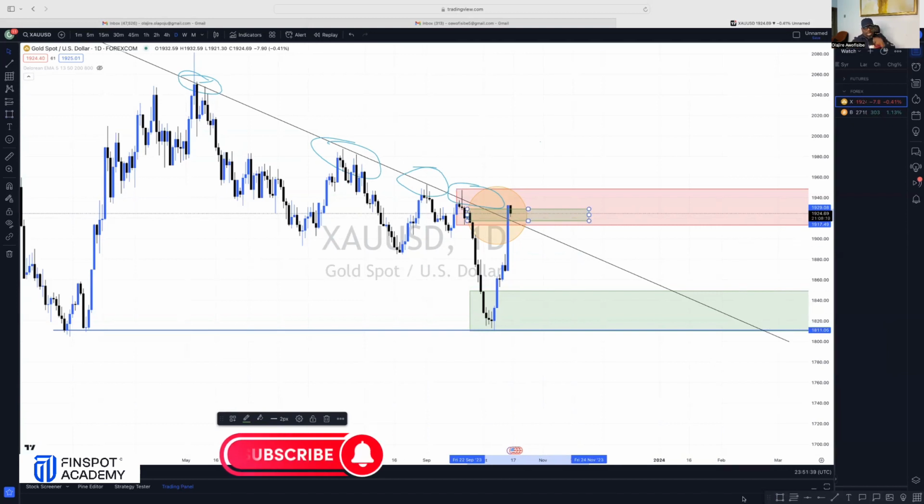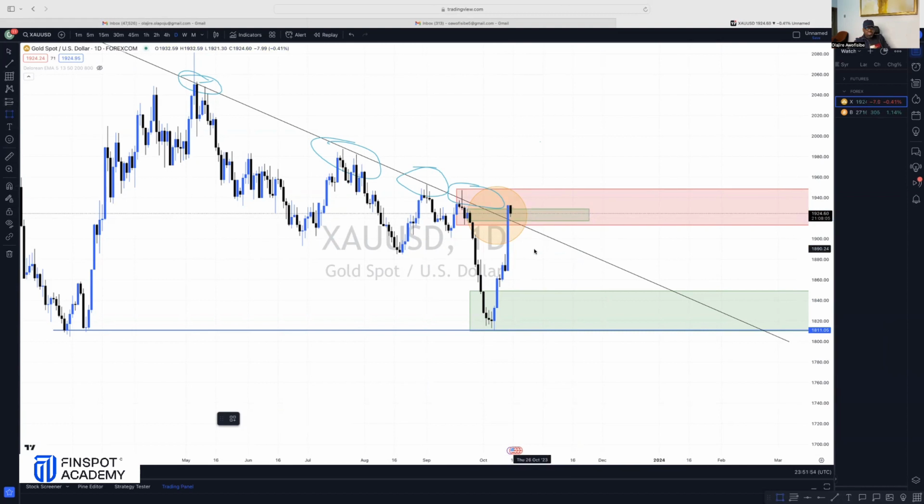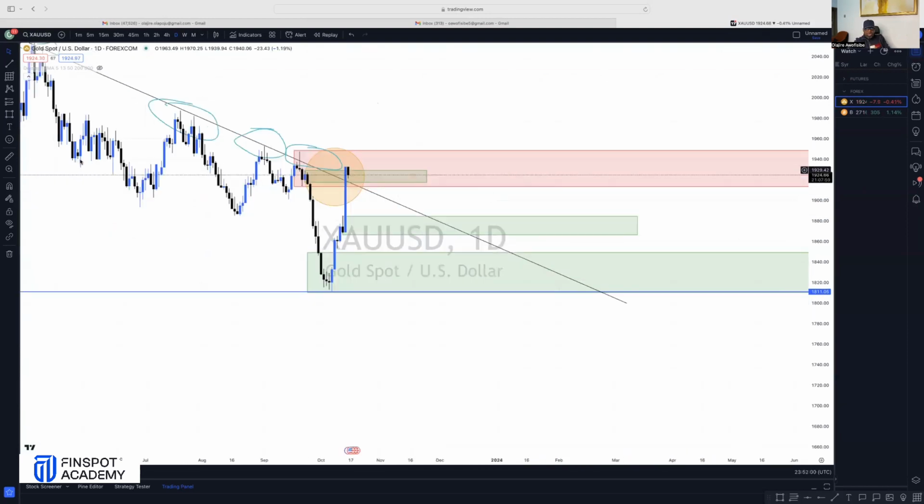Right now, guys, what we are going to see is that this trend line now becomes very important. Are we going to see a bounce off the trend line? Are we going to see price continue to come down, probably to this bullish order block that was created, or